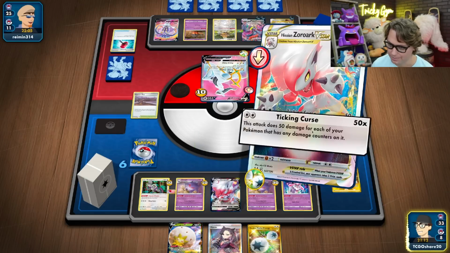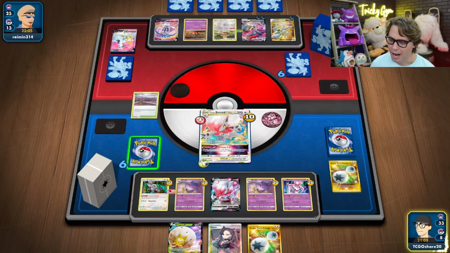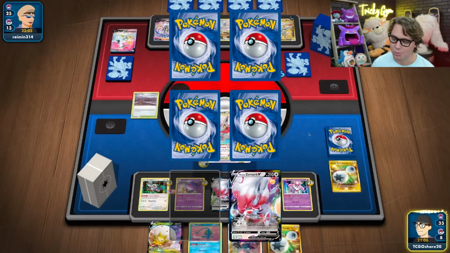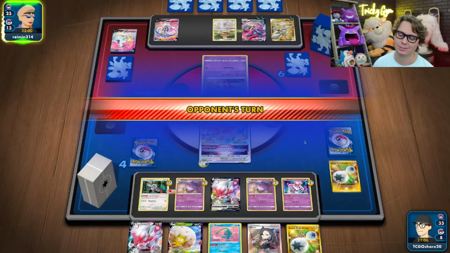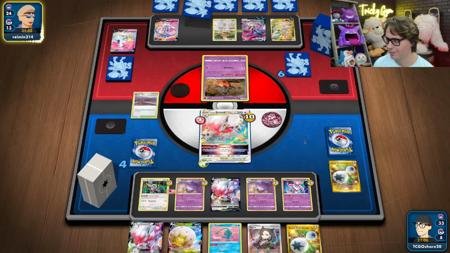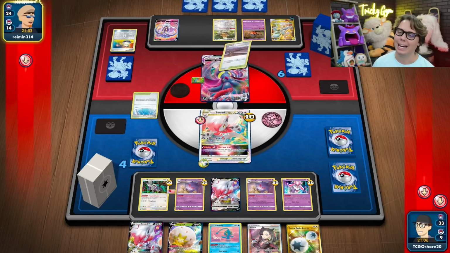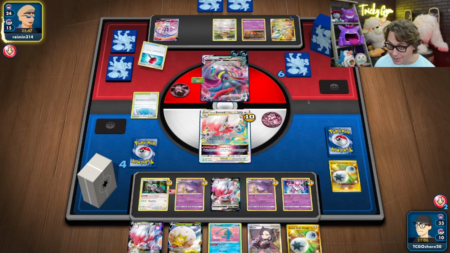And now we've got the 5. Yep. So we're taking Curse for the knockout. The problem is I don't want to bench that Diancie because I want to save that bench spot for Hawlucha. That needs to be Hawlucha. But it's not Hawlucha. Now I have no way of knocking out this Malamar unless...